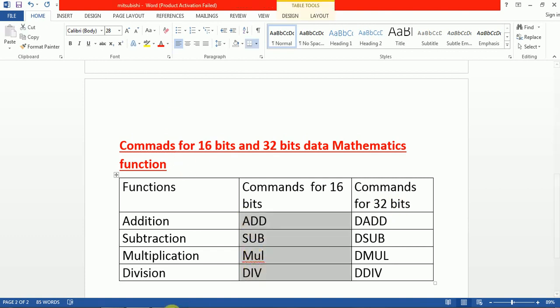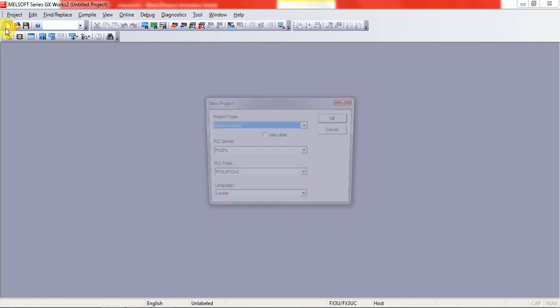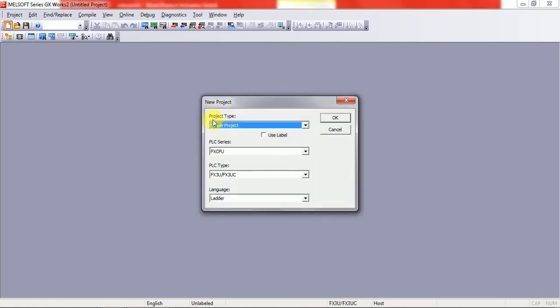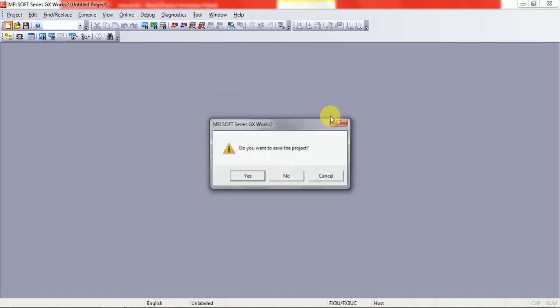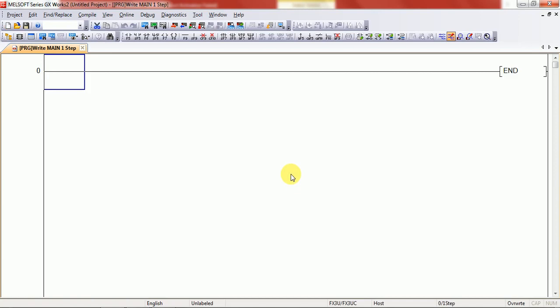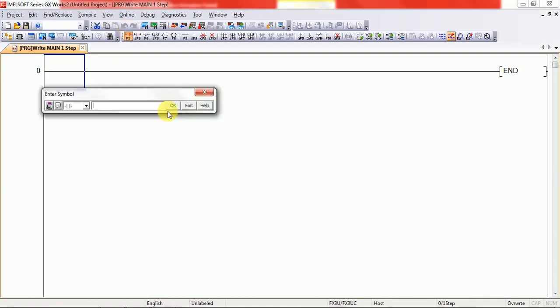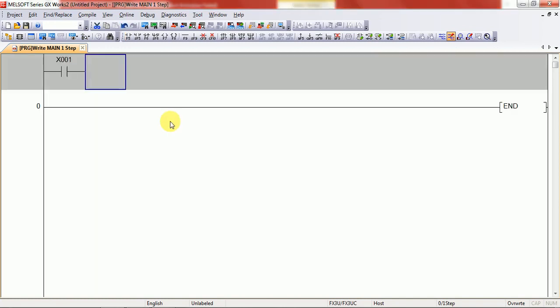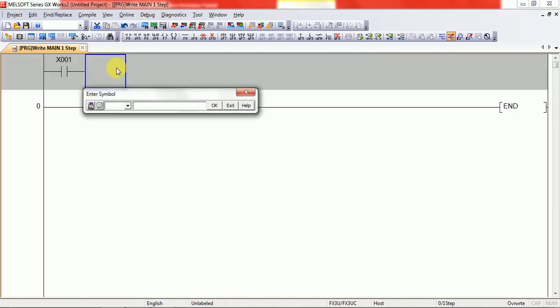Now let's come to the software and generate a project. It is a simple project: PLC series FX, CPU FX3U, and language is ladder diagram. First we will learn about 16-bit data, how to add, subtract and divide on 16-bit data. After that we will learn about 32-bit data. So I will take first input X1 and use addition. As we know, ADD